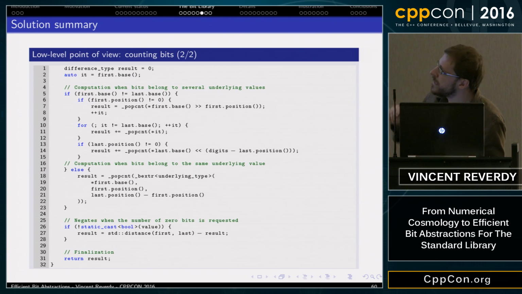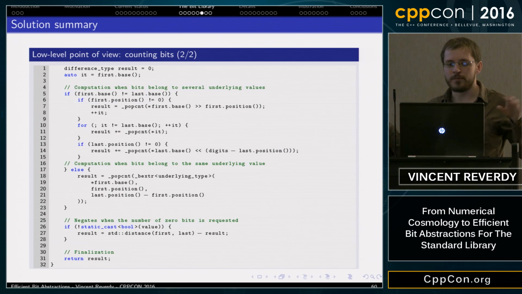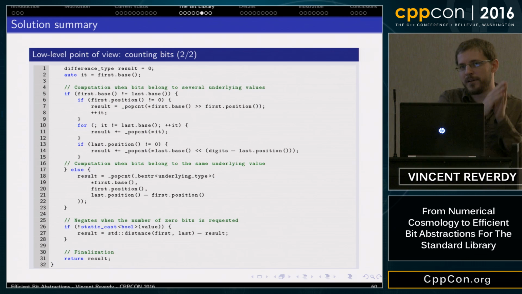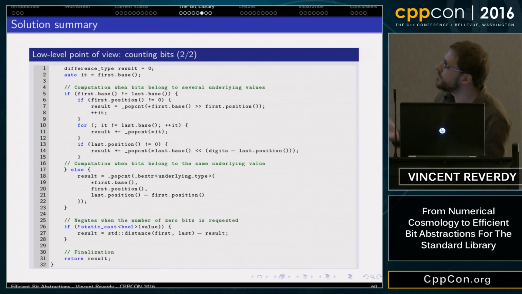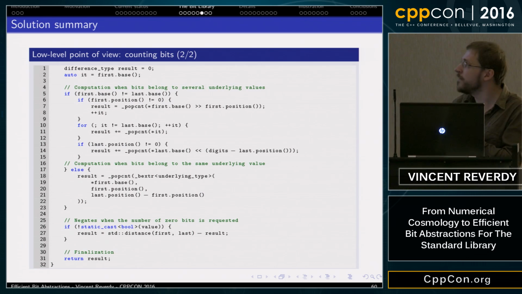The first one is when your bits are in different unsigned integers. The second case is when your bits are in the same underlying integer. So in the first case, what you do is you check whether you start at the LSB of your integer. This is what does bit position different than 0. If it's different than 0, it means that you're not aligned.